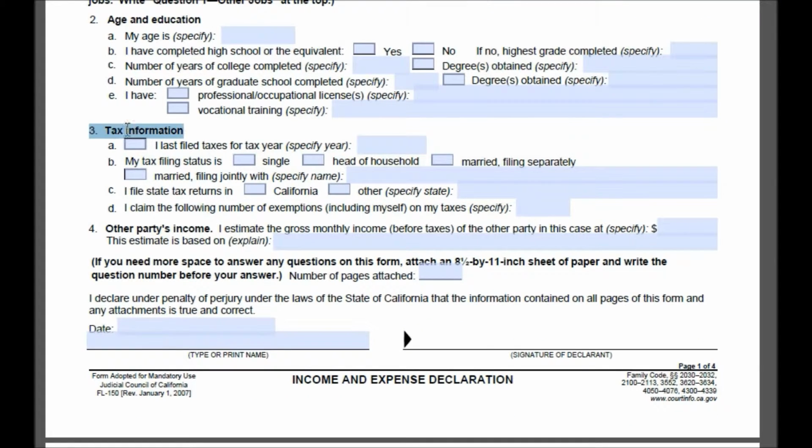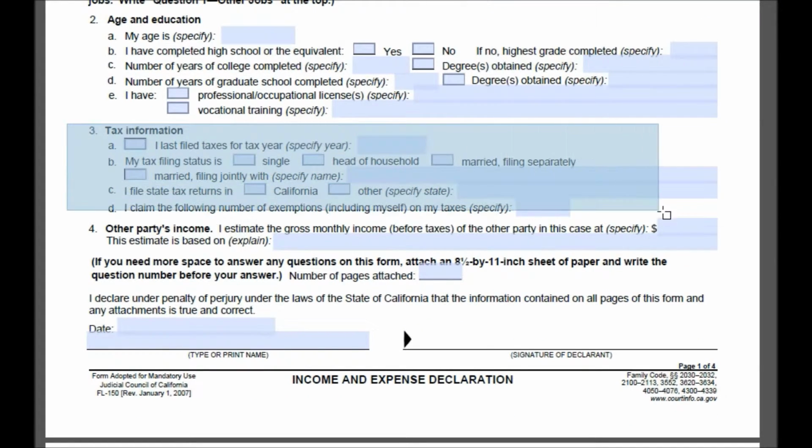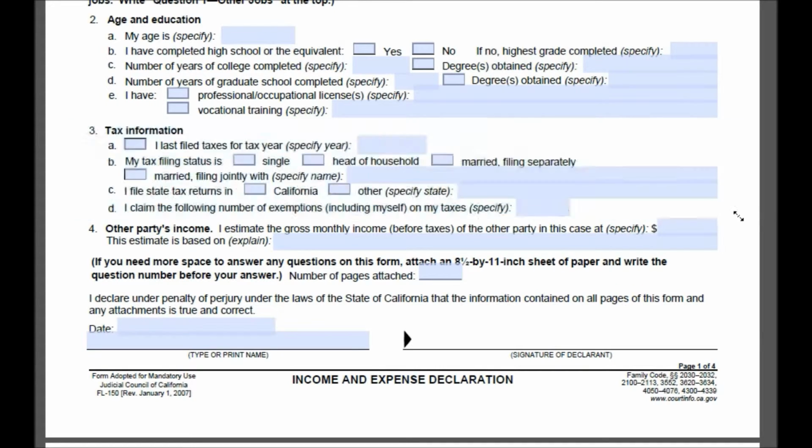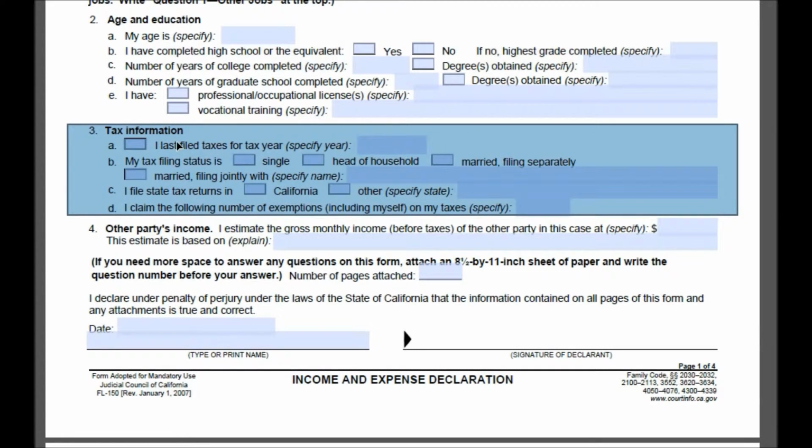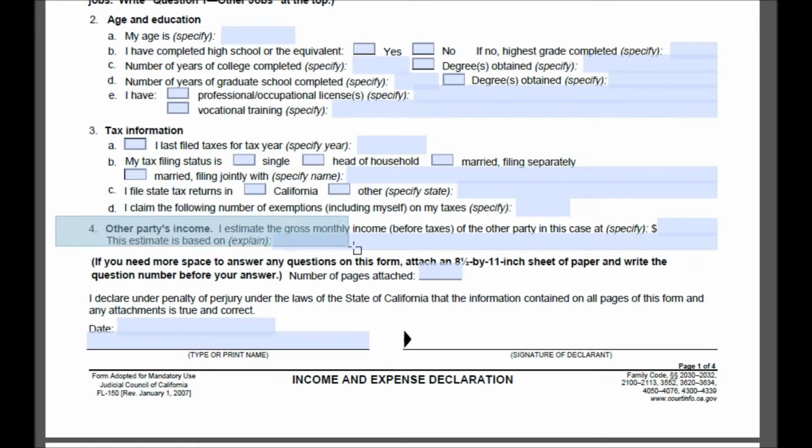Number 3, oops, right here, this is tax information. So it should be fairly self-explanatory as well. They want to know what was the last year you filed taxes, your filing status at the time, where you filed taxes, and how many exemptions you're claiming for yourself. Number 4 here,